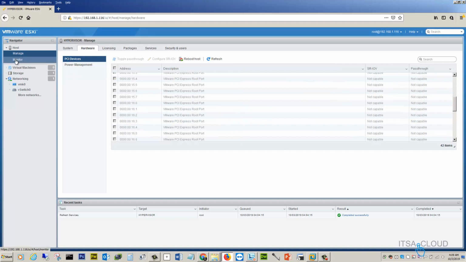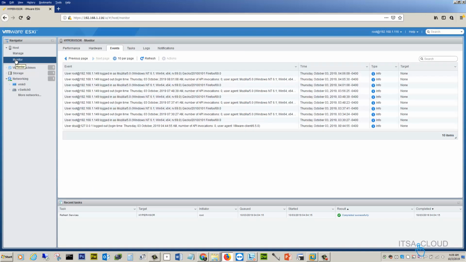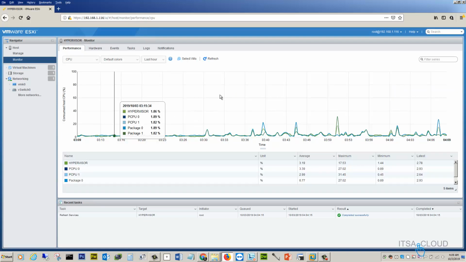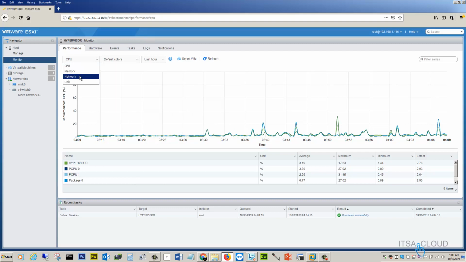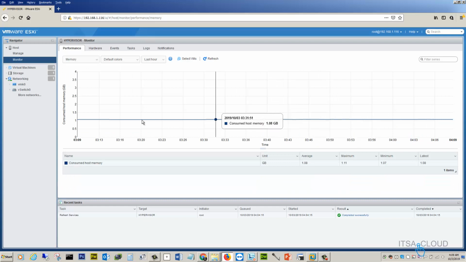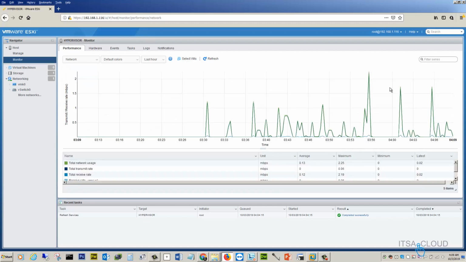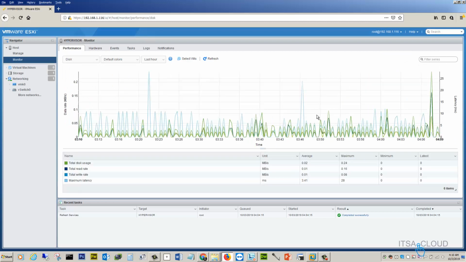So we click on monitor. Monitor is gonna give you a deeper overview of the resources. As you can see, for CPU, for memory, for network, and for disk, you are gonna see the results in this graphical user interface right here. If you want to see the activity for the memory, you can take a look at it here. The activity for network, see some activity. For disk, we have this.